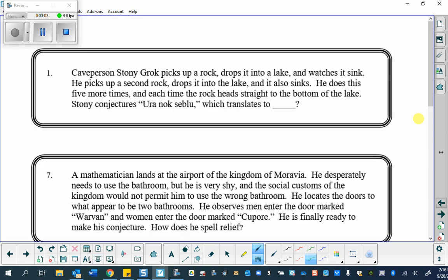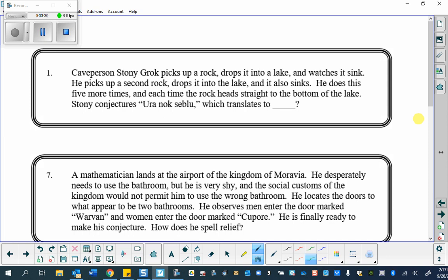Let's go ahead and walk our way through them. Nora likes this story. She thinks it's the beginning of a storybook. Cave person, Stony Rock, picks up a rock, drops it in the lake, and watches it sink. He picks up a second rock, drops it in the lake, it sinks. He does this 5 more times, and each time the rock heads straight to the bottom of the lake. Stony conjectures,